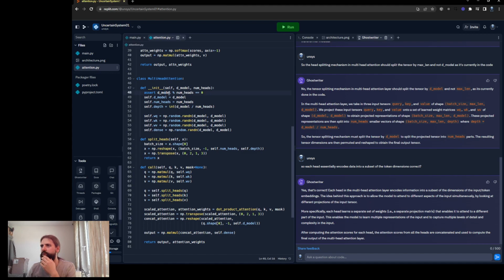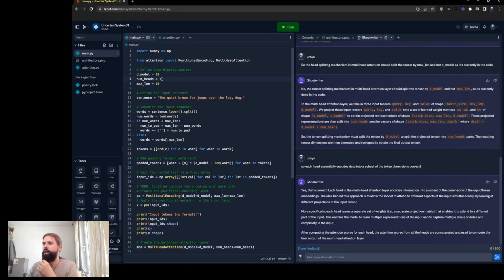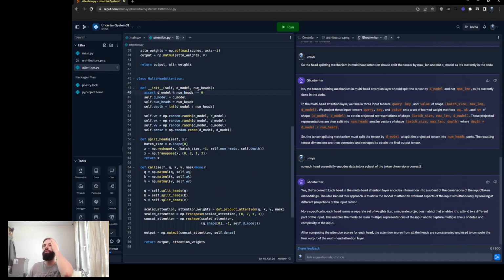Okay, so that's correct. So first, D model must be divisible by num heads. And what do we have here? So we have D model 10, num heads, we'll do 2 heads. So we have 5 and 5. And then self D model, num heads. The depth is basically, of course, D model divided by num heads. So you have a depth of 5. And now this is self-understandable. And then, okay, so now we're creating these